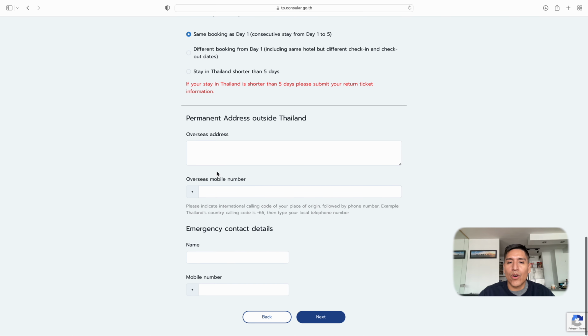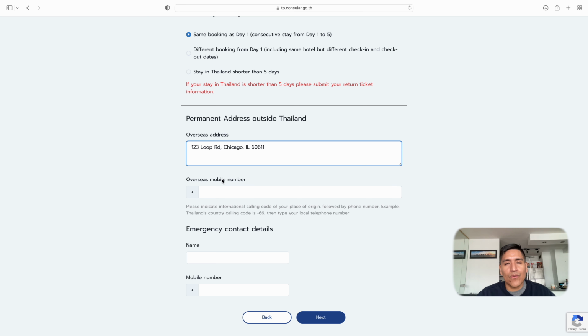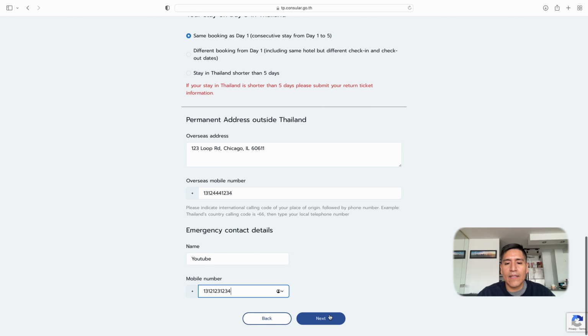We check there. Otherwise, you'll have to check the next bullet point here, where you will have to input the information for the next hotel where you're going to be staying at. So it will be the same process, but in the next confirmation, you will also have to show that you will have the RT-PCR test. For easiness here, we're doing them both consecutive in the same hotel for the first 5 days. This is the area for the permanent address outside of the state, so make sure you fill that, and then